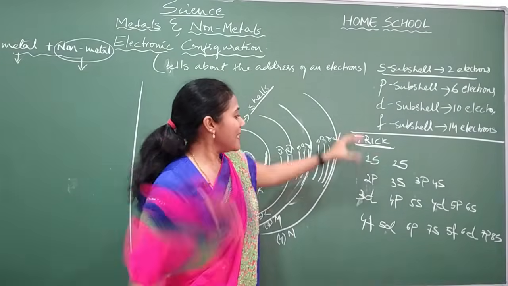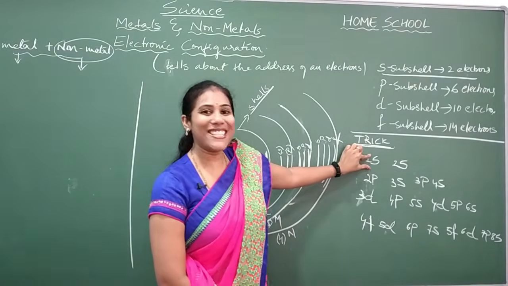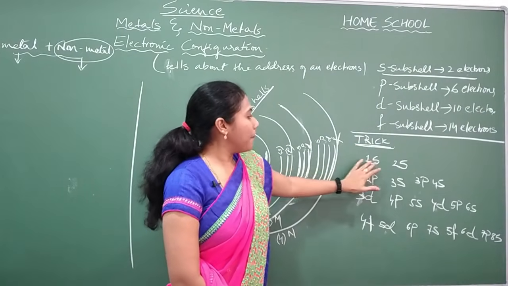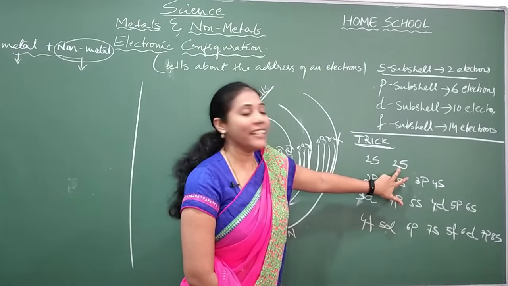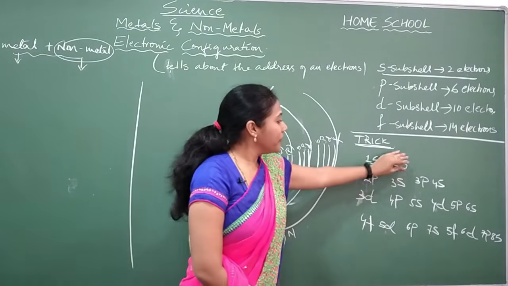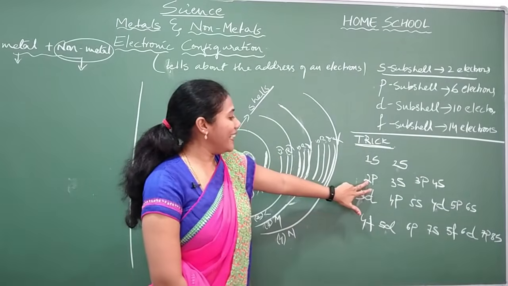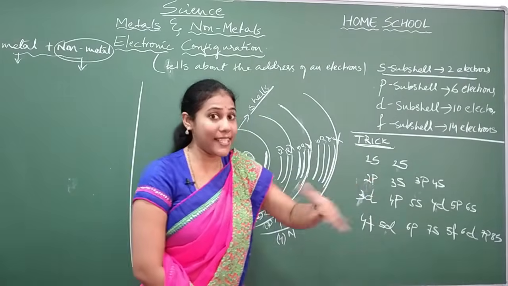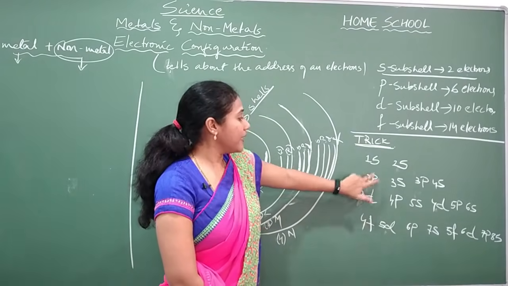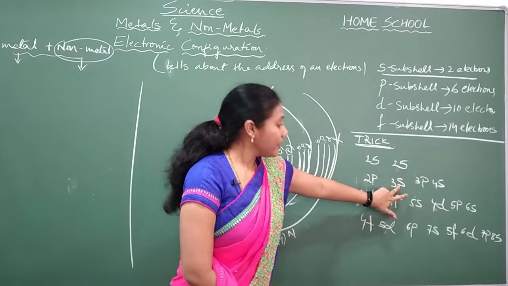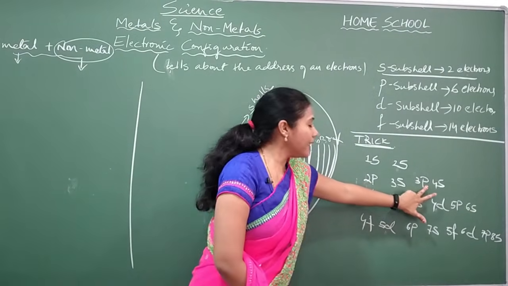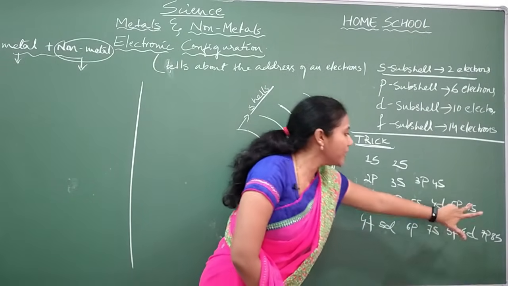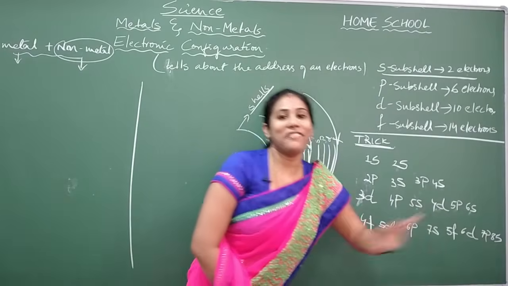First electrons will enter into the 1s orbital. After this is filled up, then the electrons will start entering into 2s. After 2s is completely filled, then electrons will enter into 2p. What is the maximum capacity of P? 6. Up to 6 electrons can get filled up in this orbital. Later, the electrons will go to 3s. Later, electrons go to 3p. Later, 4s. Later, 3d. Later, 4p, 5s, 4d, 5p, 6s. Like that, the sequence goes.